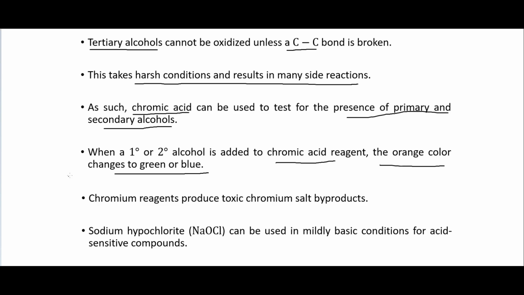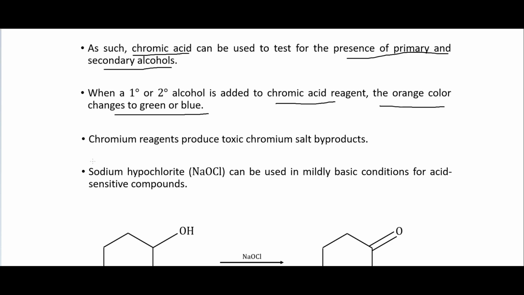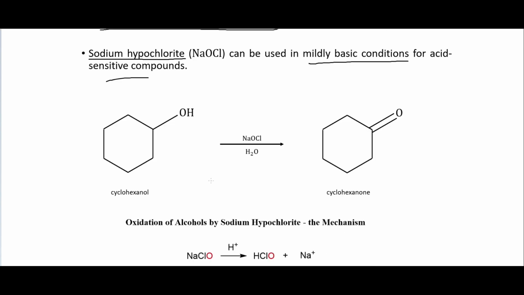And so also, one of the problems with doing all of these kinds of oxidation, whether we're using the PCC or the chromic acid, is that these chromium reagents produce toxic chromium salt byproducts. And so another way that we can use is sodium hypochlorite, so bleach, in mildly basic conditions for acid-sensitive compounds. So we can use our sodium hypochlorite here in water,